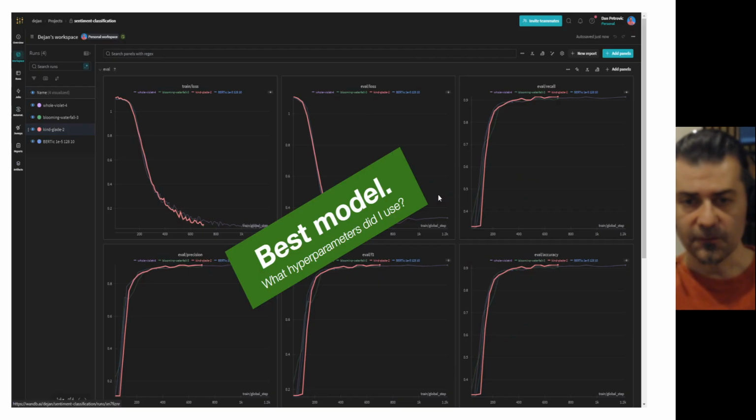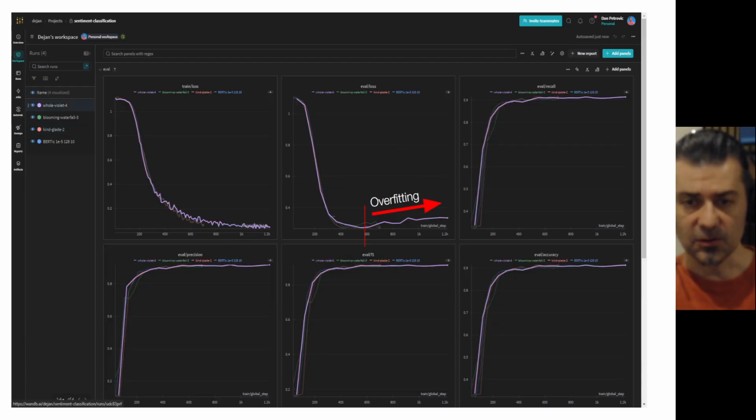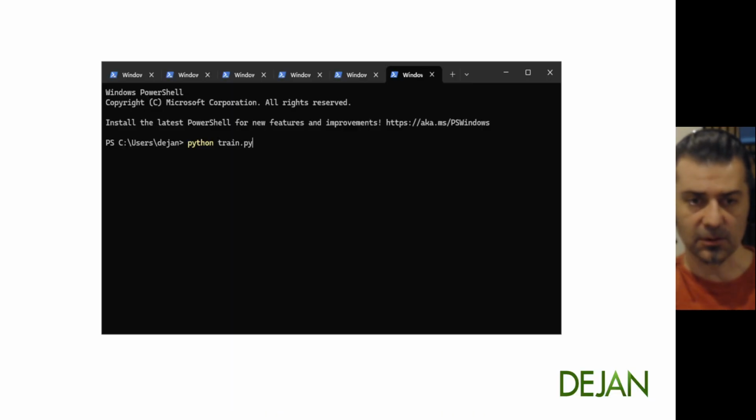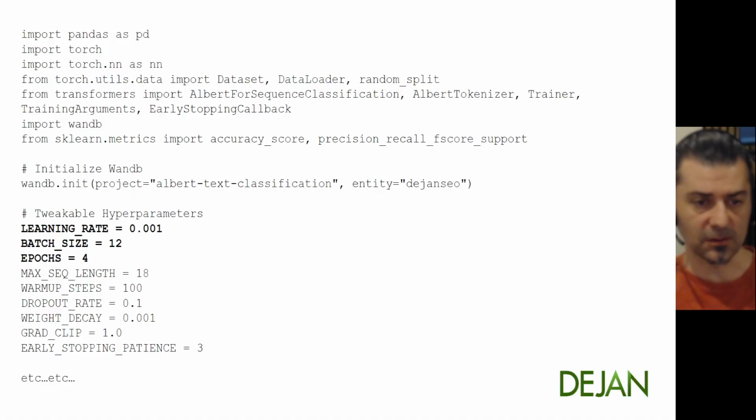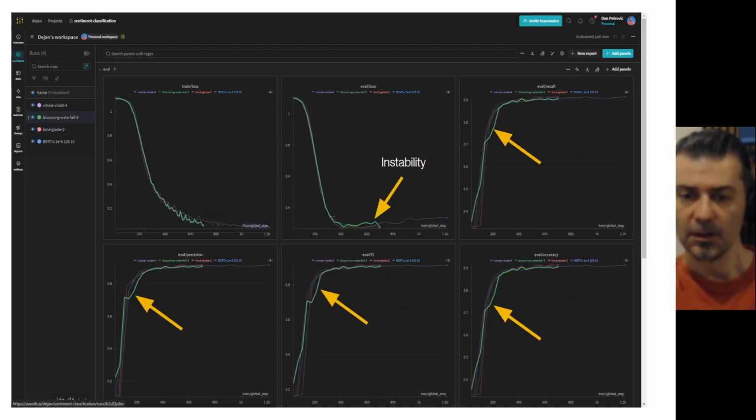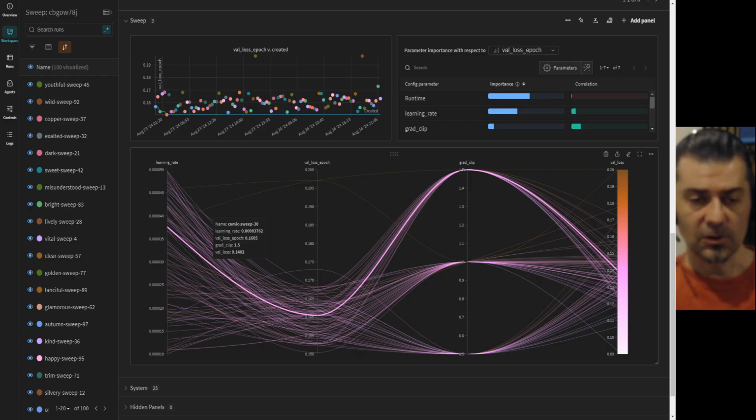If you're wondering what sort of hyperparameters you actually did use to create a good version of the model, in those experimentations and little tweaks that you did there, including batch size, how many epochs to train on, the learning rate, those are quite easy to influence the quality of the model. So you can easily have a look at a chart like this in Weights and Biases and effectively see what learning rate, what gradient clipping, what basically a set of parameters have created the best model.